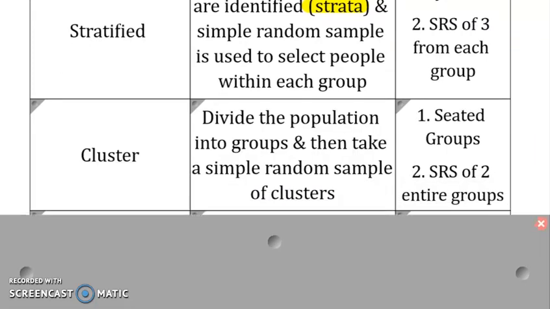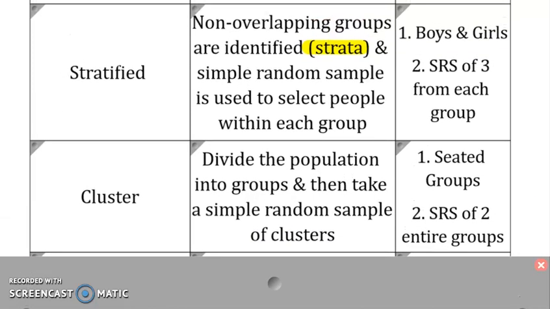Next up is cluster. Cluster says you're still going to divide the population into groups, just like stratified, but instead of taking just a few people from each, you're going to take one entire or two entire groups. So this one might be, let's say lunch periods, right? I've got 4th, 5th, 6th, 7th hour lunch periods. Each one of those lunch periods has freshmen and juniors and sophomores and seniors. I could just randomly select 5th hour lunch, and that would be my cluster. That would still have